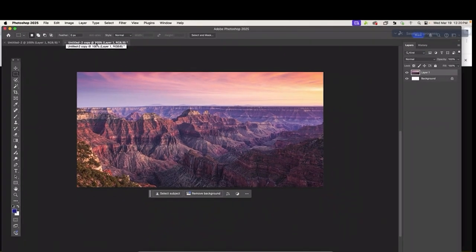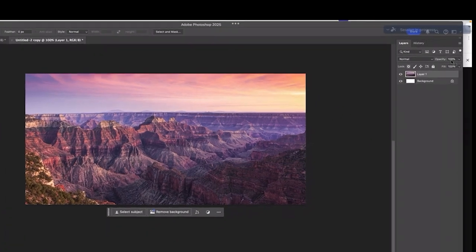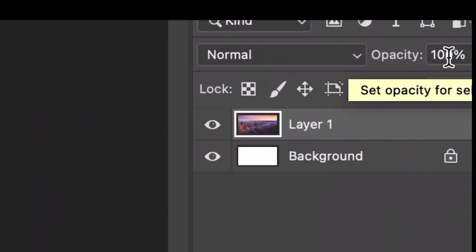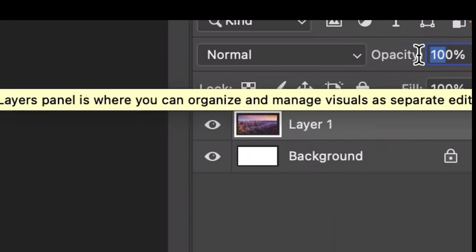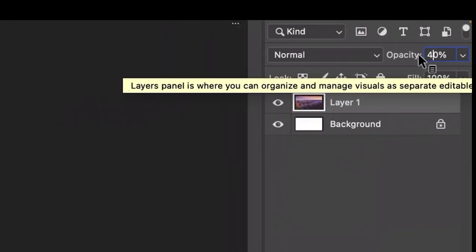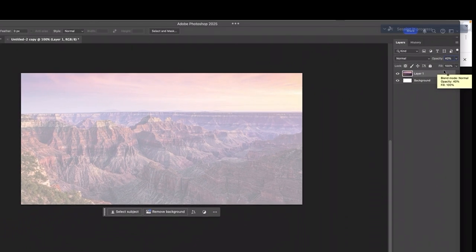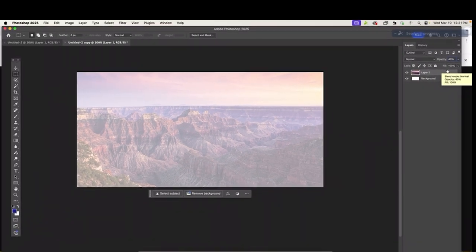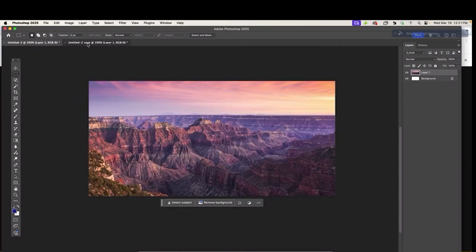Okay, trust the process. Go to the duplicated one, and where it says opacity, cross over it and type in 40. Change 100 to 40. Okay, and there it is. So now you have the opacity at 100 and the opacity at 40. So let's go ahead and do the puzzle. So what I'd like to do is